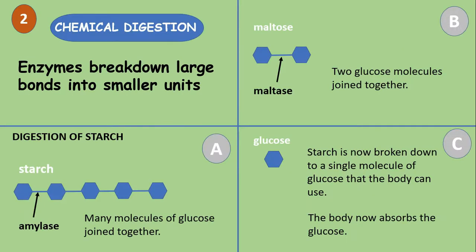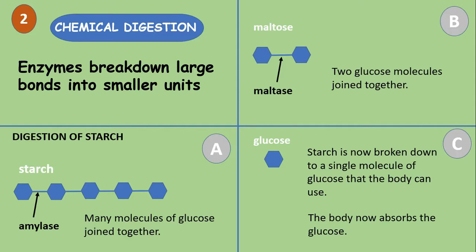Let's look at another. The second thing is that the chief function of enzymes is chemical digestion, and of course they break down large molecules into smaller units. Look at the example here. We're breaking down starch, and amylase is breaking those big molecules of starch into smaller ones called maltose,